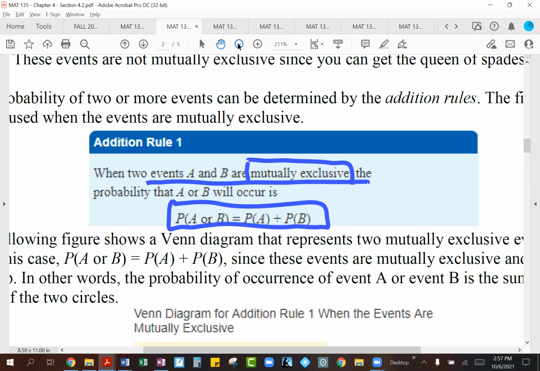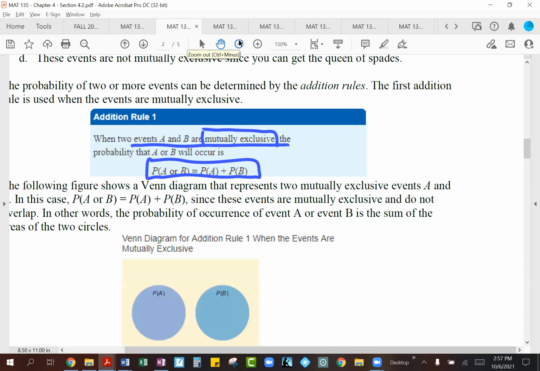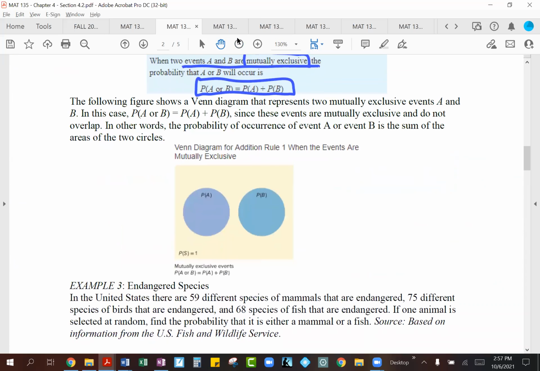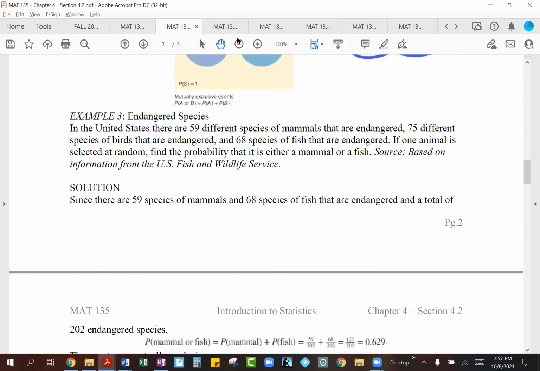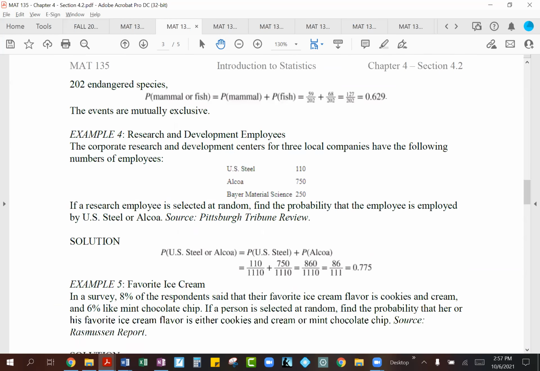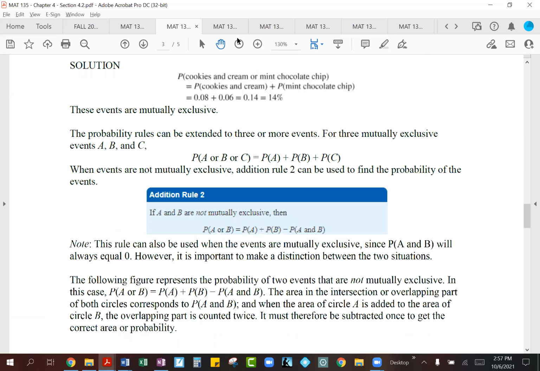Okay. When the events are not mutually exclusive, and you can see again, they're using Venn diagrams to show us the difference. Basically you can see there's no overlap between the two circles, because if there was overlap, you would see circles like this where this area would be common between the two circles. So since there's no overlap, we're saying these are mutually exclusive events because they're not happening at the same time. And you've got several examples in here for you to look through.